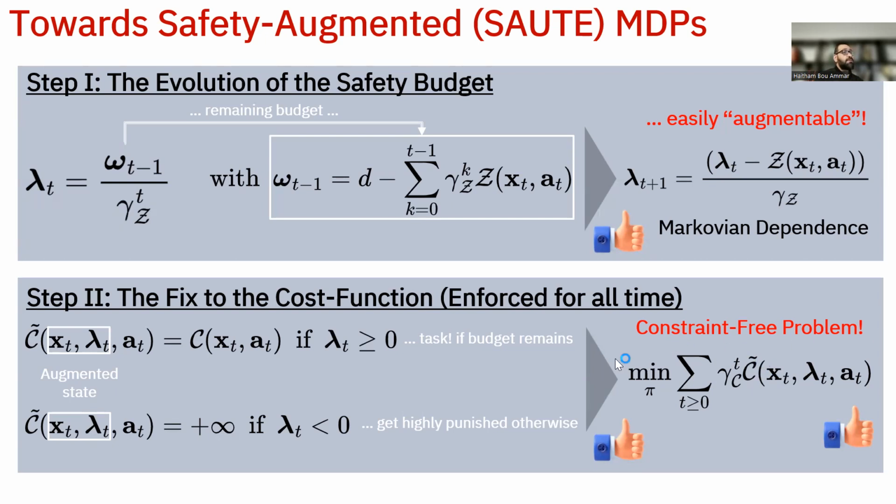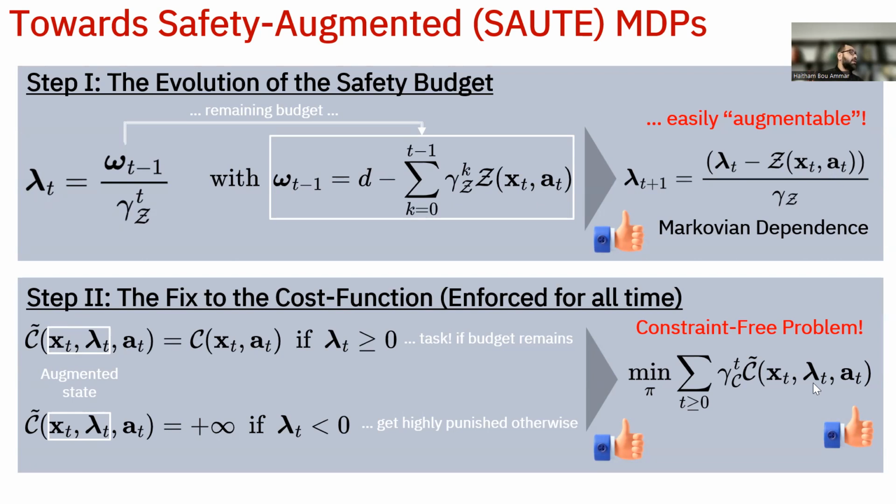So now this becomes a nice constraint-free problem. Of course, there's an expectation here, which I forgot to put, but the whole idea is that I would now like to minimize with respect to the policy pi the constraint-free problem, which has a cost c tilde and a state variable